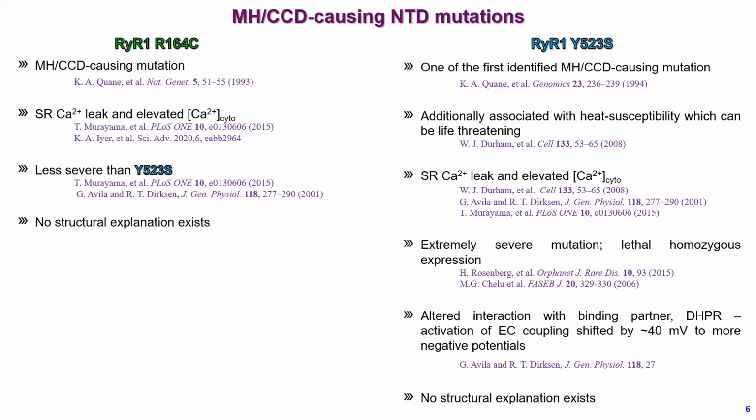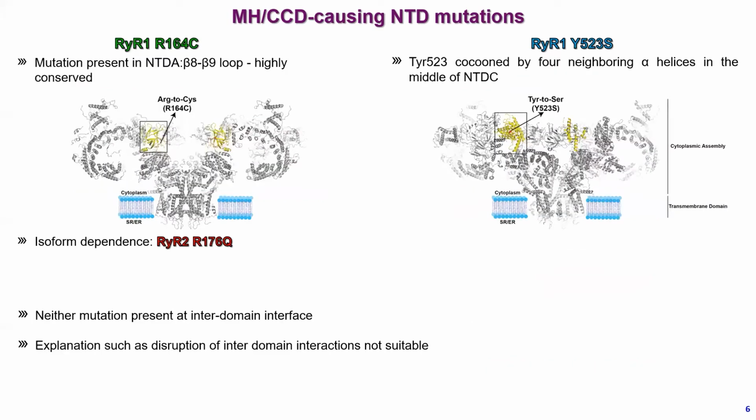Additionally, the Y523S mutation also shows an altered interaction with the binding partner dihydropyridine receptor, causing the activation of EC coupling to be shifted to more negative potentials. So while a lot of functional data exists characterizing these mutations, no structural explanation exists. The R164C mutation is present in a highly conserved loop, the beta-8, beta-9 loop in the N-terminal domain A. And the Y523S mutation is located in the middle of an alpha helix in the center of the N-terminal